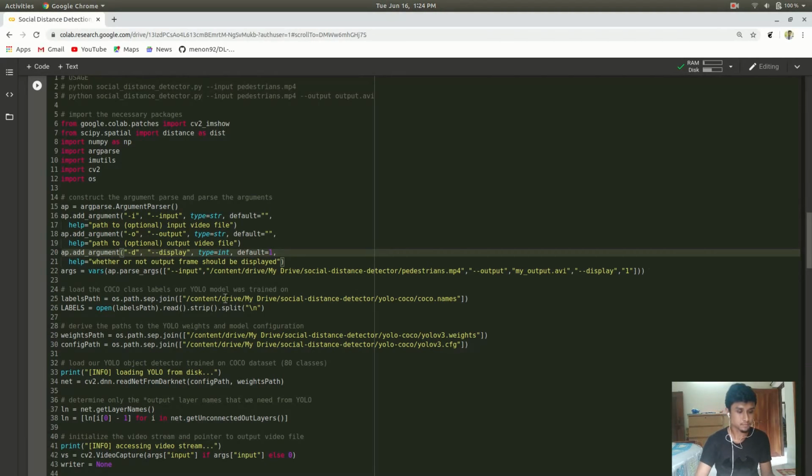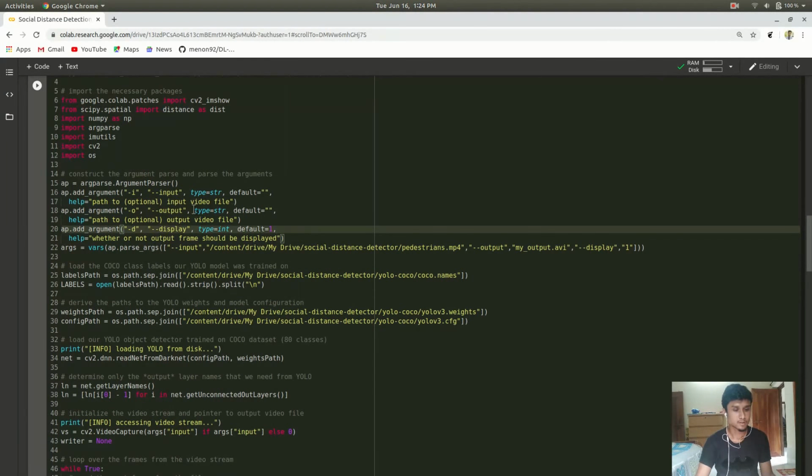Okay, so here you can see the arguments are input, output and display. I have parsed the arguments in this line, so I am using this pedestrian.mp4 for my input video, and I am naming my output video as my_output.avi, and I want to display my output. Okay, so display is equal to 1.